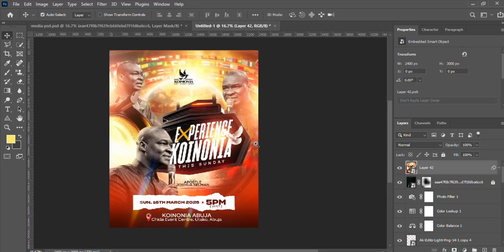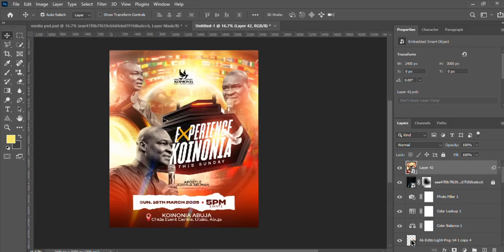I'll go to color grading. Now in this color grading, I'm only going to touch the mid tone. The mid tone, that's really where I'm going to touch. And I'll look for a color that suits my taste here. Okay, I think something like this is okay. All right, so let me add a little of